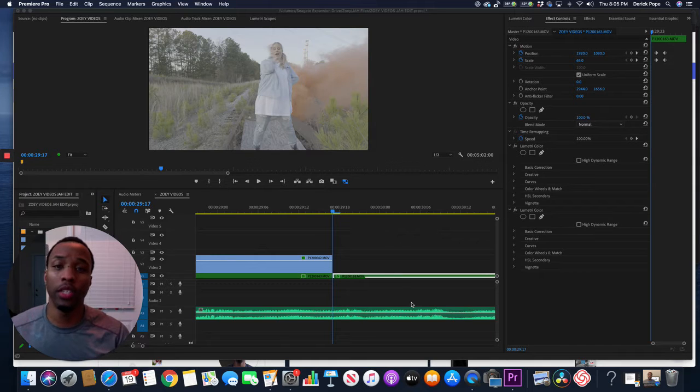All right, so this will be a quick video. I am making this about how to mask and track a color grade quickly in Premiere. This is assuming that you already know how to color correct and color grade a little bit. This is a quick video about how to create a mask to really concentrate on a single area and how